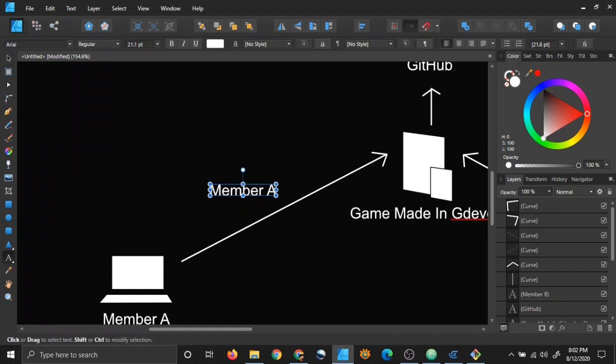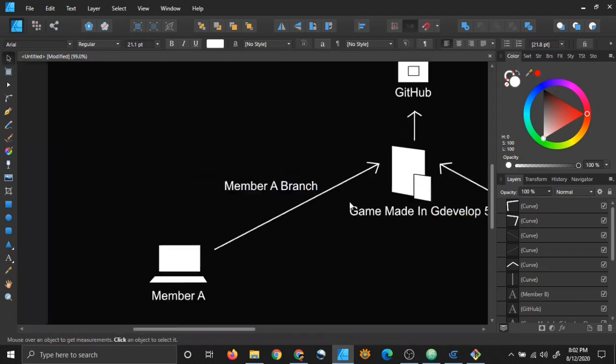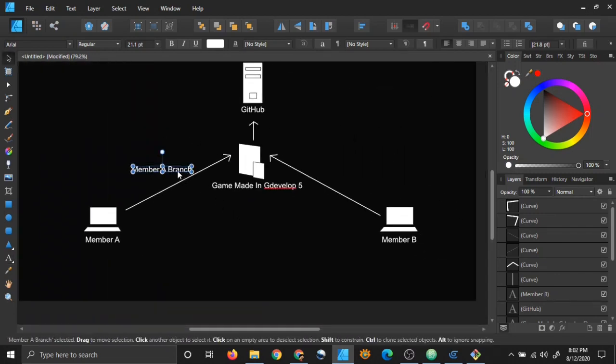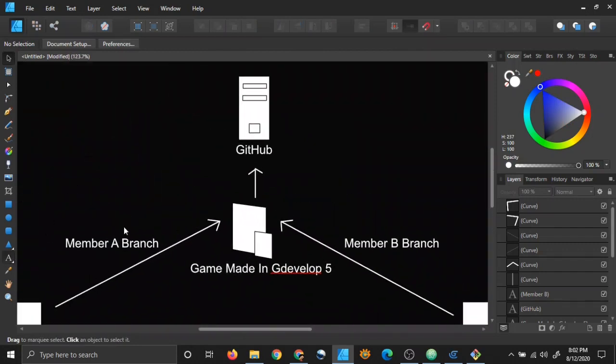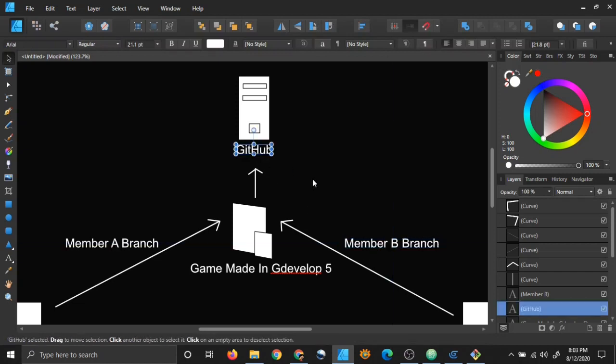This is the member A branch, and the other one is the member B branch. And you also should know that there is a master branch in GitHub.